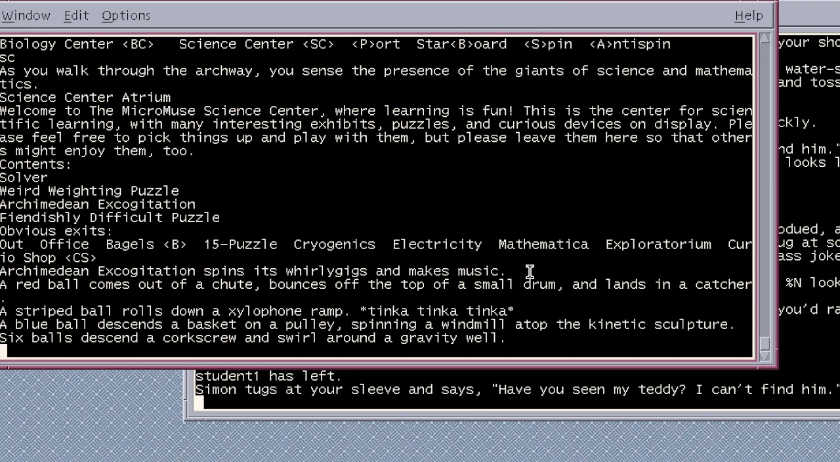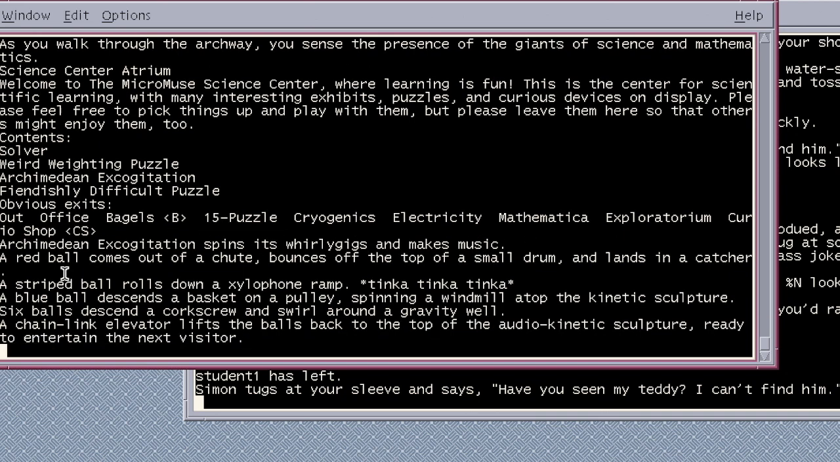is doing things. So imagine a sculpture spinning its whirligigs and making music. A red ball comes out of a chute, bounces off the top of a small drum, and lands in a catcher. A striped ball rolls down a xylophone ramp. Tinka, tinka, tinka. A blue ball descends a basket on a pulley, spinning a windmill atop the kinetic sculpture. 6 balls descend a corkscrew and swirl around a gravity well. A chain link elevator lifts the balls back to the top of the audio kinetic sculpture, ready to entertain the